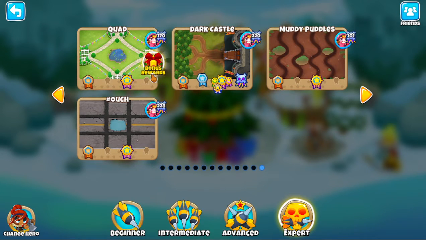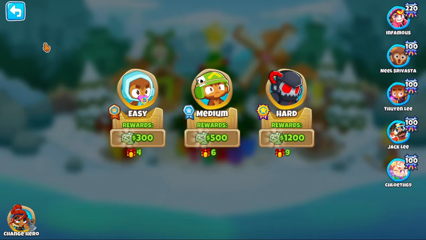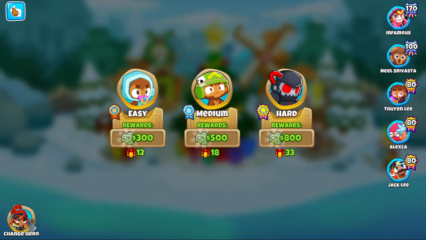But in my opinion, because look at this. Non-bonus rewards, you get 14 for Impoppable. Admittedly, I can't tell you what that is for the bonus rewards because I've not done quad on alternate balloons round. But essentially, Impoppable and Chimps difficulties are the ones you're looking at. More specifically, the one that I'm looking at is Impoppable, because it is so much easier than Chimps. Oh, it's pathetically easier than Chimps. Anyway,